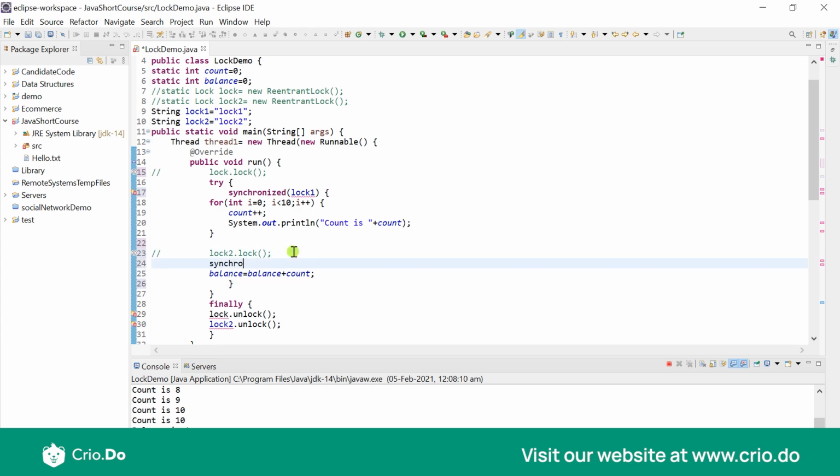So this is going to be the synchronized part of lock 2. So now within this particular block I'm actually trying to work on this balance.